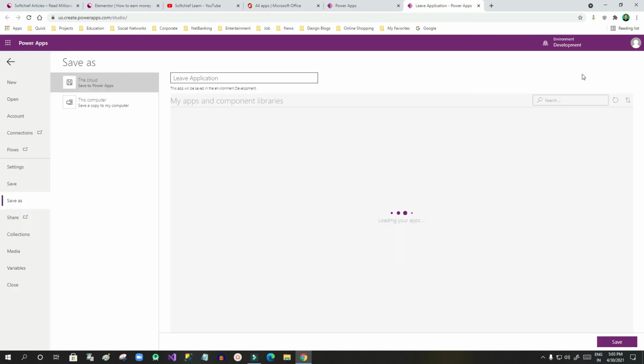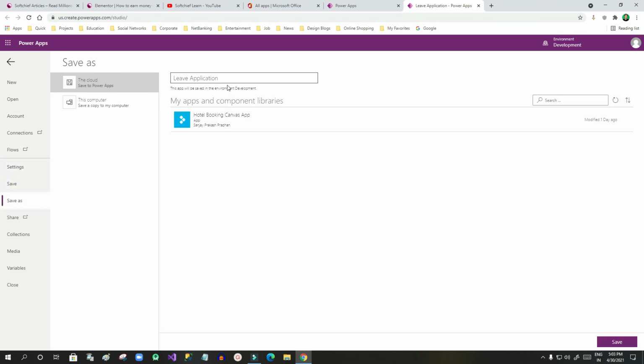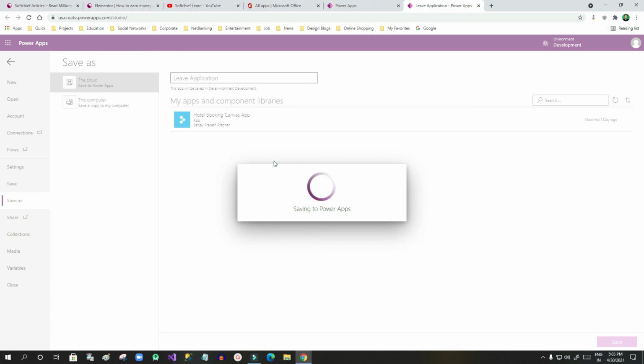Now save it. Once you design your application, you have to save it by using file and save. You have to give the name here and here. So click on this cloud so that your application will be saved in your environment. Click save. Now once it is saved, you can publish the app so that the environment users can use this app.